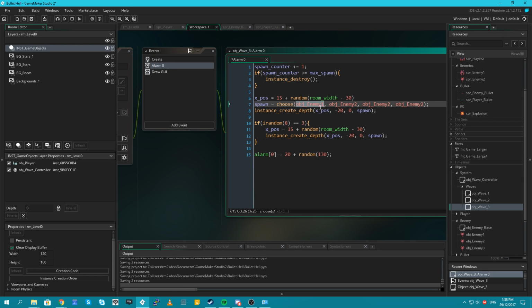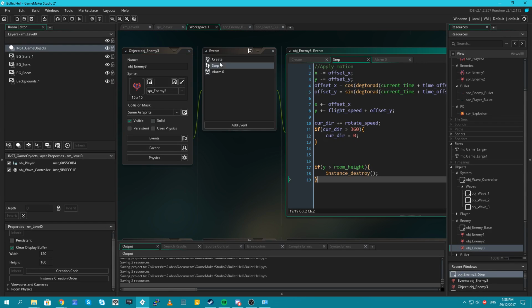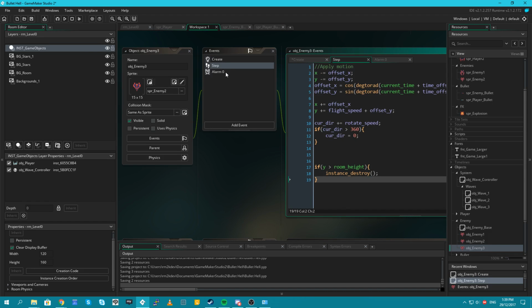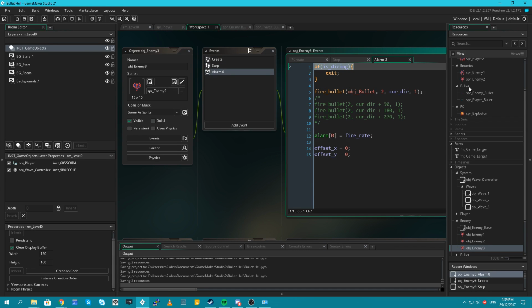So a little bit of enemy 1, mostly enemy 2, and then a little bit of enemy 3. In this instance, and then enemy 3 we're going to adjust slightly because enemy 3 is way too fast. Enemy 3 needs to be really slow at moving, but firing at a slower rate than this, 25 on the fire rate, and then the bullet speeds should be a little slower, so maybe like 0.80.